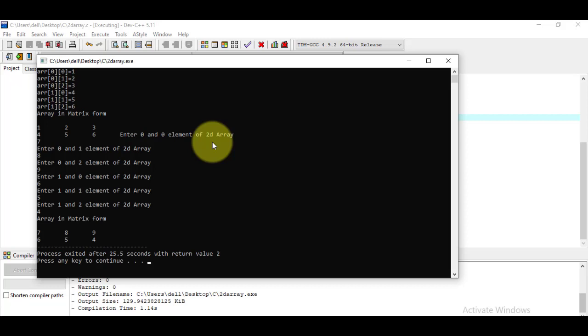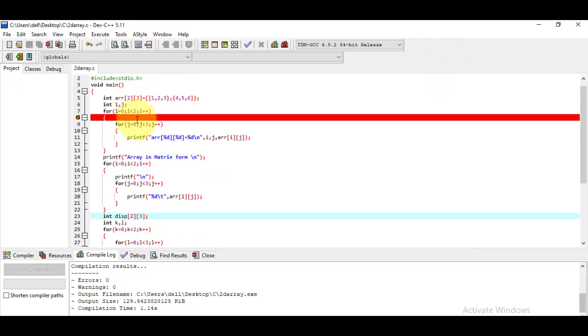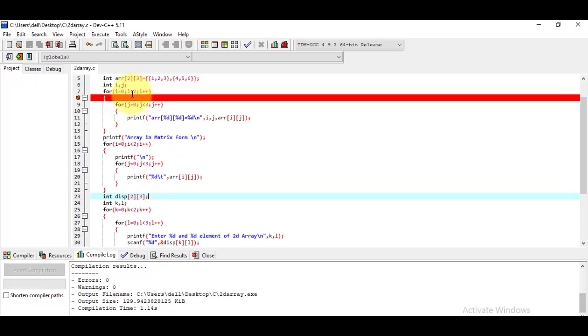So the array in matrix form is 7, 8, 9, 6, 5, 4. In the previous case we assigned the values to the array and, using that, displayed the elements of the array with their coordinates and in matrix form.